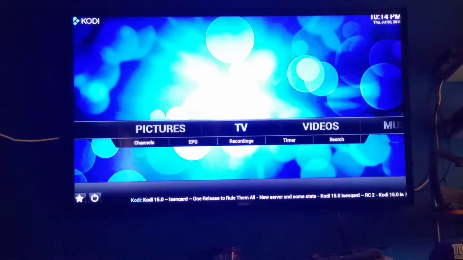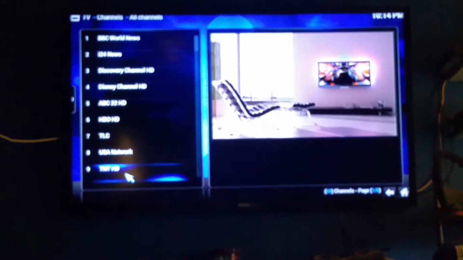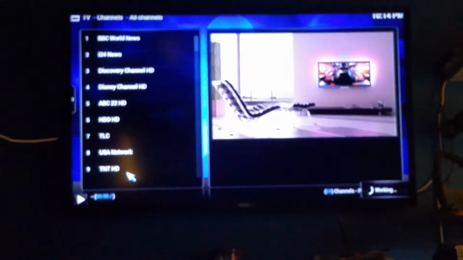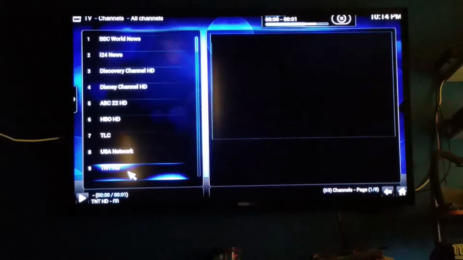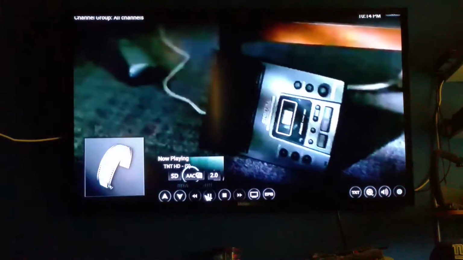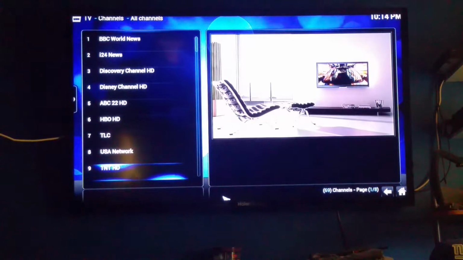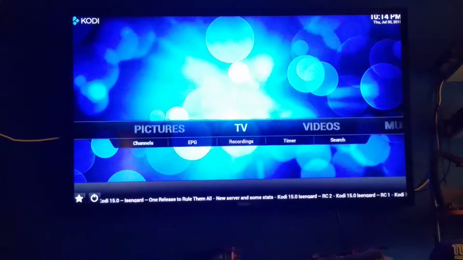So you got that. Now you have the TV shows. I haven't gotten to the TV shows really to check things out, but you have basic channels and you can enter other channels that you want to find, that you want to watch. Sorry that it's not zooming in perfect. I don't know what's going on. But as you can see in the corner, I have this channel on, okay? So as you can see, I don't really watch live TV anyway. It's kind of boring to me. But for people out there, it might be for you.